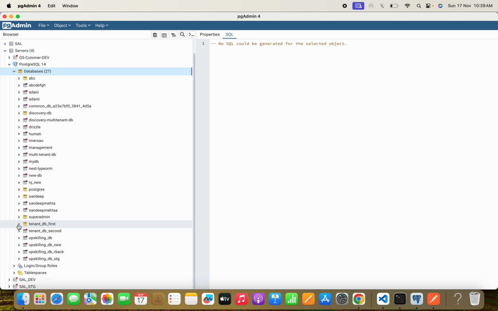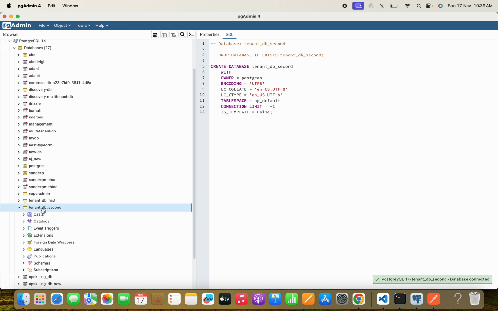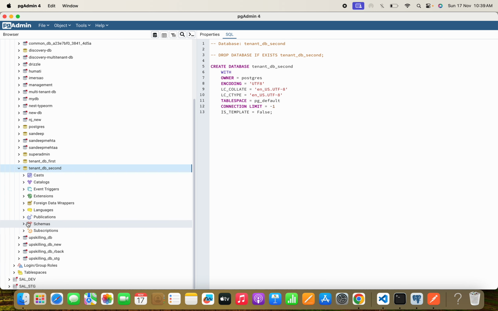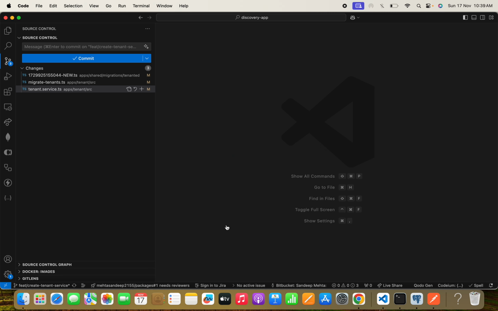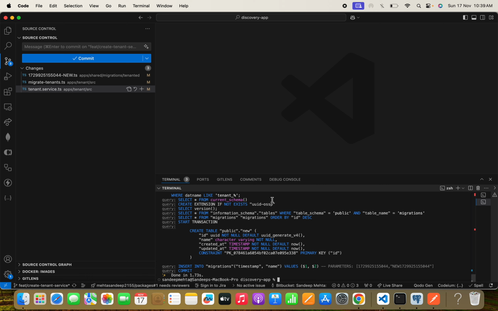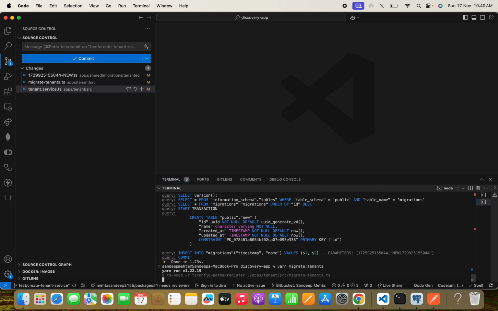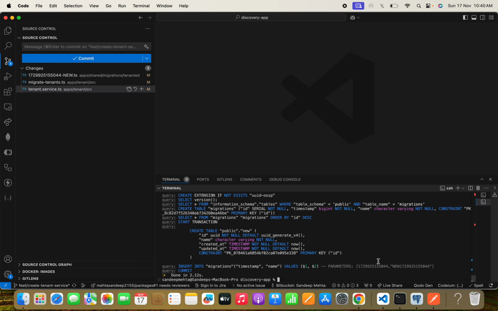Here you are able to see that tenant_db_second is successfully created. But once I go to tables, I am not able to find any migration or any entity or any table created. So for that we have to run our migration. This is the basic command that you might have seen in my previous video, yarn migrate tenants. Once I run this, you are able to see